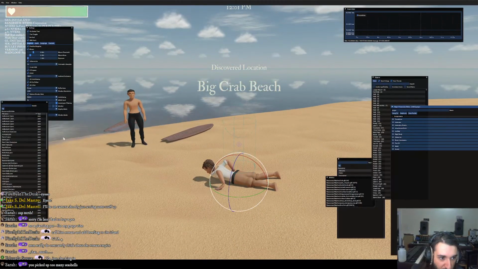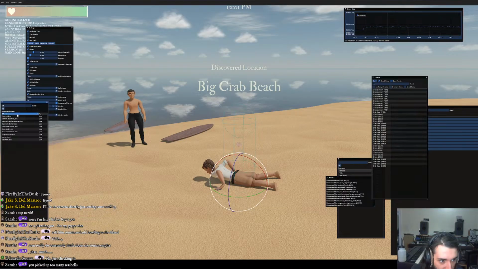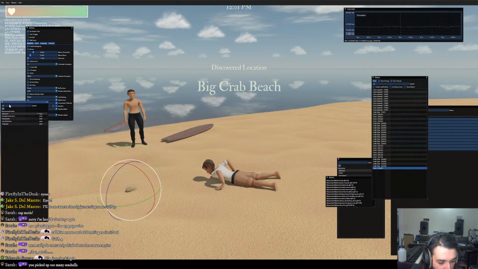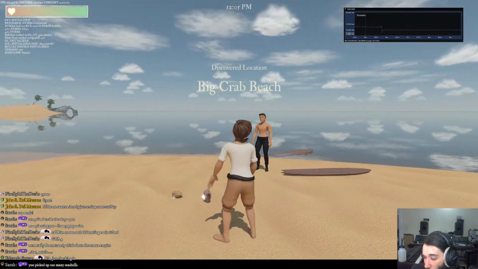So just so I can speed this up again, I'm going to spawn some clams right in front of me. Clam and a shell. Okay, so these are the two items I need. And now...